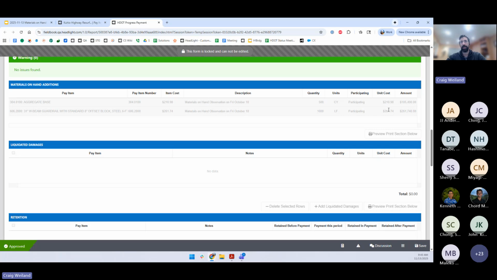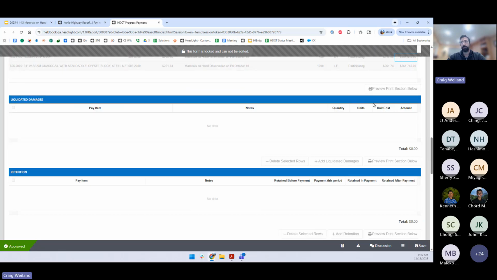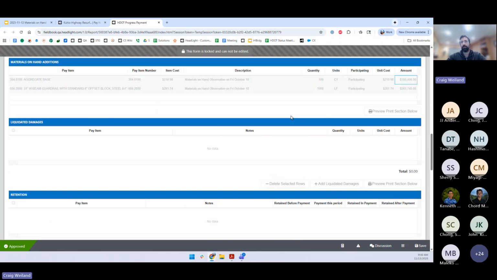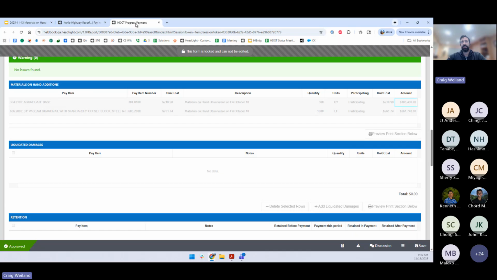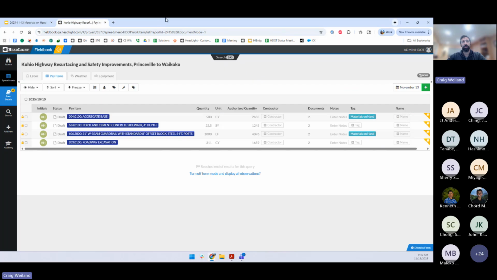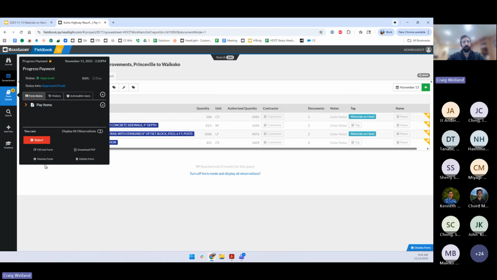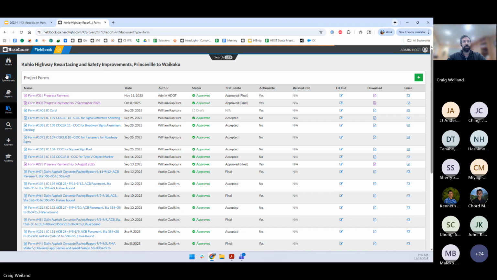Like, say, if you wanted to pay less than the total item cost for that stockpiled item, you can do so and basically create the total amount you're wanting to. So that is what that looks like in the payment. As I said, I've already fully approved this one because I want to show you an example of a subsequent payment now. So, any initial questions, I suppose, feel free to hop in,